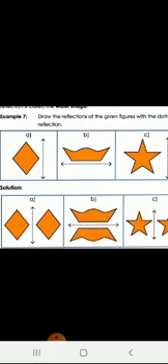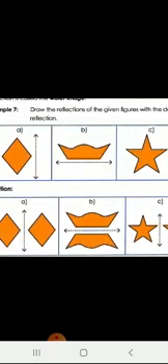Have you observed the boat here? It was down to up. The boat was reversed. Now see the next one. Star is given. Now see the C1 star. But here a vertical line. A vertical line stands for a mirror image. So we are going to get the same image.